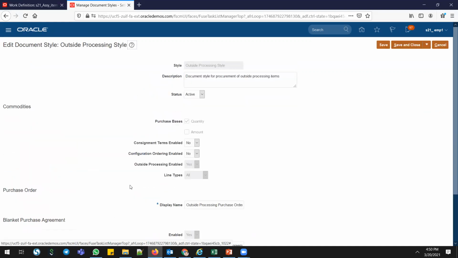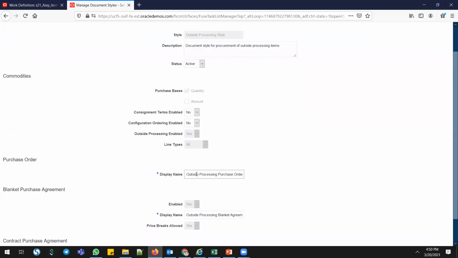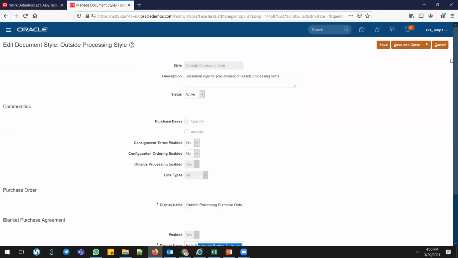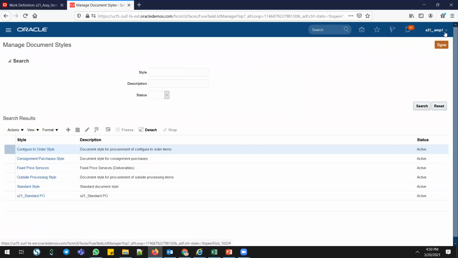Once you click the outside processing style, you see this type should be enabled. Outside processing enabled is yes. Normally, otherwise, you can't create any purchase order or any agreement in the normal blanket purchase agreement document style or normal purchase order document style unless it is enabled as yes. And then below you can give your display name: outside processing purchase order, outside processing blanket purchase agreement. So this is the setup you need to do for that. Once you click cancel,